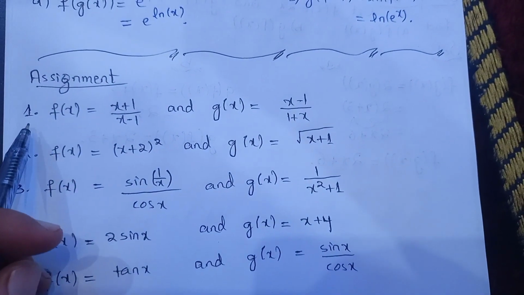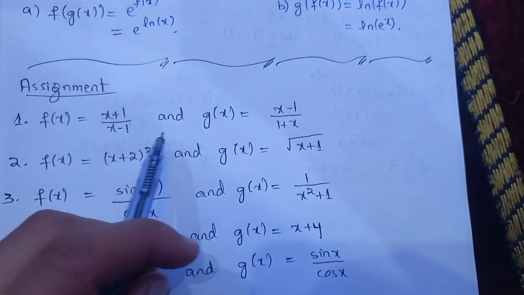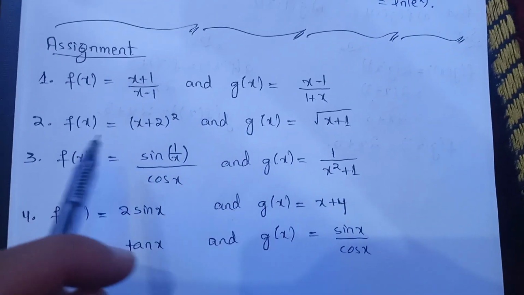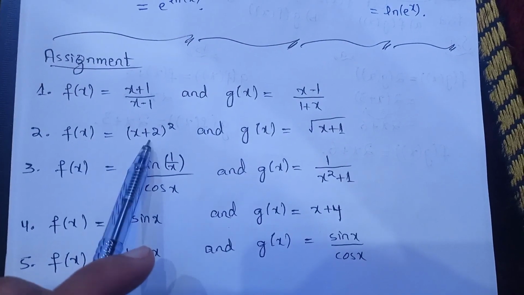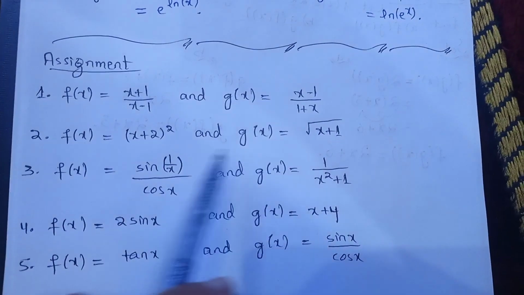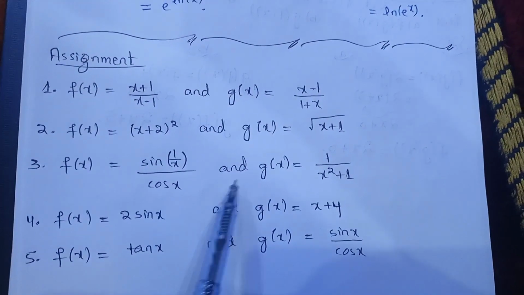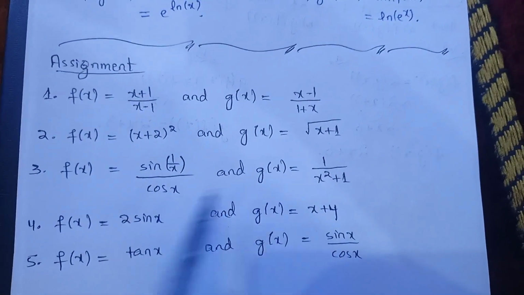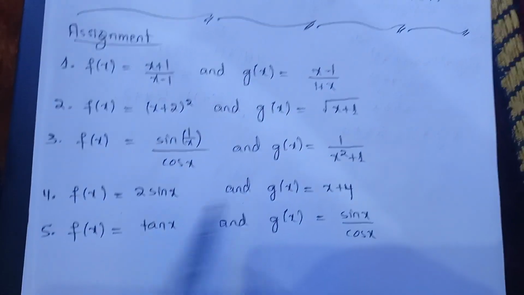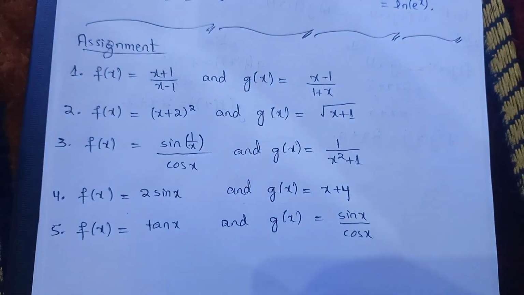Here are some questions as an assignment. First is f of x equals x plus 1 divided by x minus 1, and g of x is x minus 1 over 1 plus x. The second one is f of x equals x plus 2 whole square, and g of x equals under root x plus 1. Third is f of x equals sine of 1 over x over cos of x, and g of x equals 1 over x square plus 1. Fourth is f of x equals 2 sine x, and g of x equals x plus 4. Fifth is f of x equals tan of x, and g of x is equal to sine over cos of the